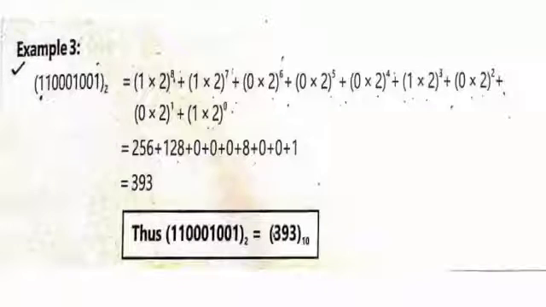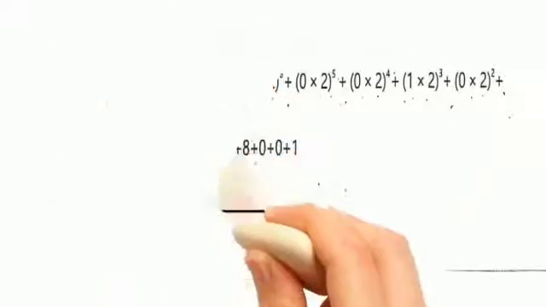The next numbers multiplied with 0, directly we can write 0. Again here one number is there, 1 into 2 raised to 3. That becomes 2 into 2 into 2, three 2s: 2 2s are 4, 4 2s are 8. Again the zeros are there in between. And the last digit, the ones place, is 1 into 2 raised to 0. I mentioned that any number raised to 0 means 1. 2 raised to 0 is 1. 1 one is 1. Then we need 256 plus 128 plus 8 plus 1 equal to 393. 393 is the decimal number.